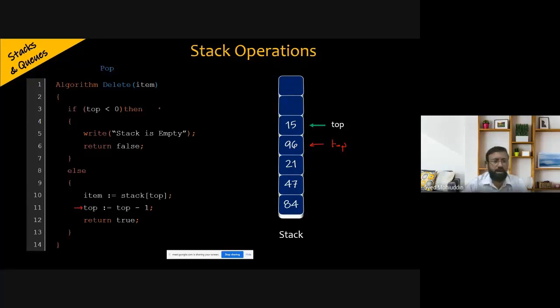For the first statement, if top less than or equal to 0, how many times does it execute? Just anybody tell, if you are awake or if you are listening. Just tell me, how much time will it take? How many times does this statement execute? Anyone can unmute themselves and say, or just type it in the chat box. How much time does it take? It takes